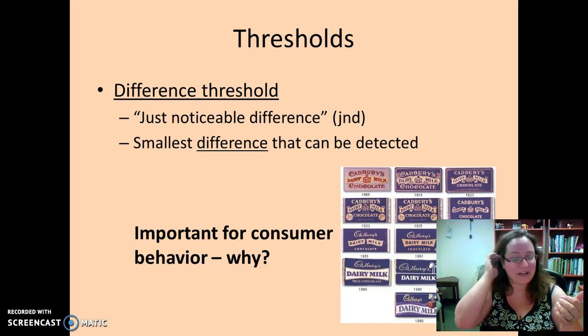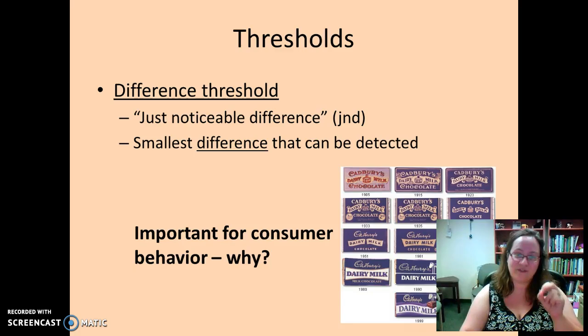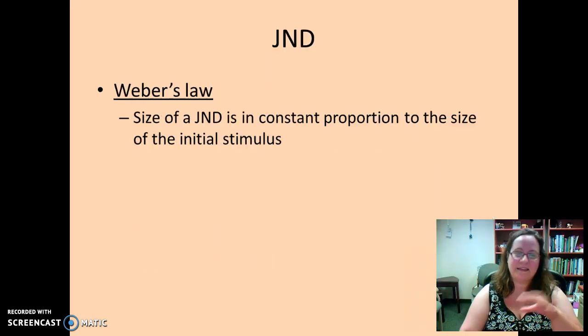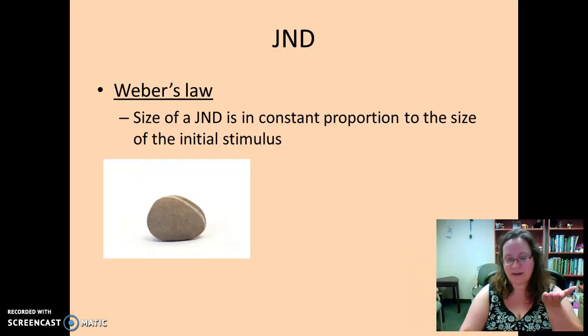So we've got an example here of Cadbury making small changes over time to their product label. We want to make it so that you just don't notice every iteration. For the difference threshold, Weber's law comes in. This law seems really complicated, but all it's saying is that if you're holding a pebble, so if you